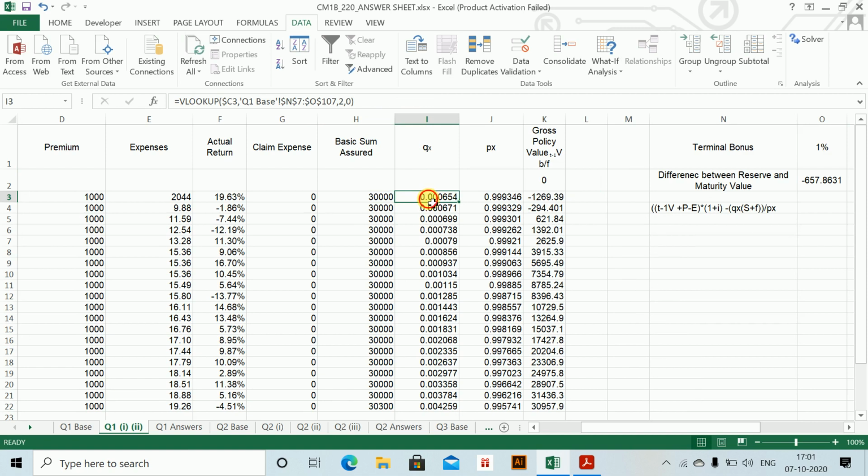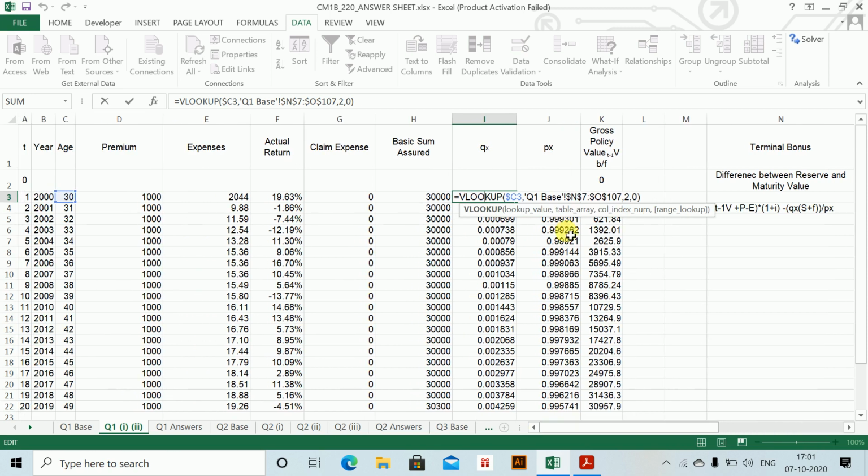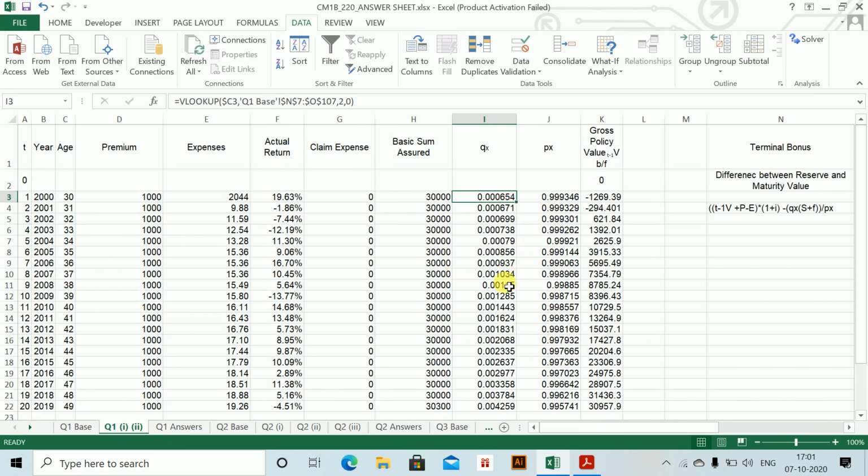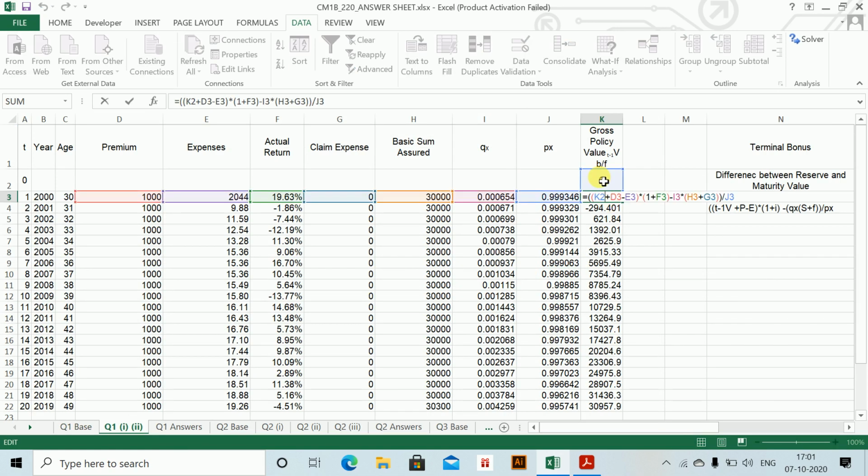So this value will change down, and this is what I am getting. Then qx is also given to us. I have applied a VLOOKUP on the age. So you apply a VLOOKUP on the age 30, and from the question 1 base sheet where I have used these two tables, pull the second column. The relevant values for the particular ages have come up. px is nothing but 1 minus qx. Then for the original year, the value of the reserve is 0. Obviously at time 0 there will be no reserve.